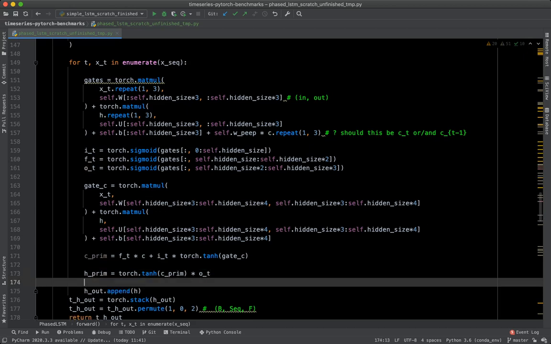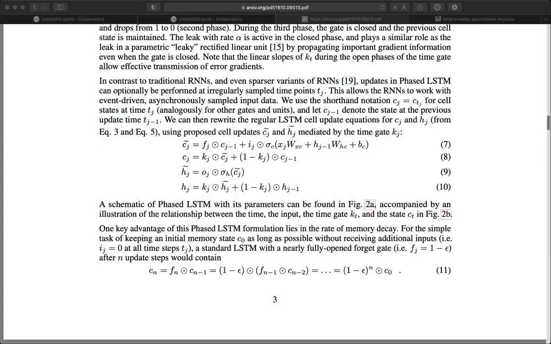Let's look at the equations once more and then we'll implement them. Here, equations 7, 8, 9, 10. Equations 7 and 9 are the same as in vanilla, and 8 and 10 are new ones. It looks a little bit similar to binary cross entropy, but basically it's like the gates: when you open the gate on one side, the other side closes, and the opposite is also true. So kind of an interesting equation. So if I go back to the code,